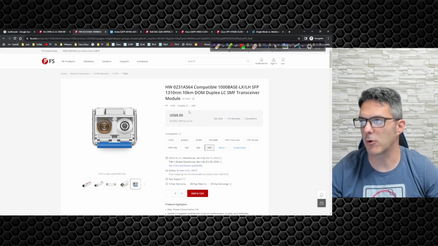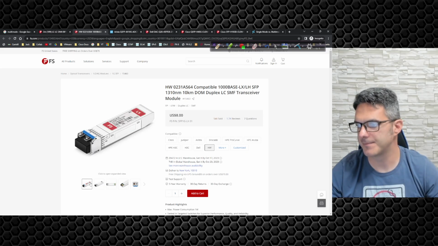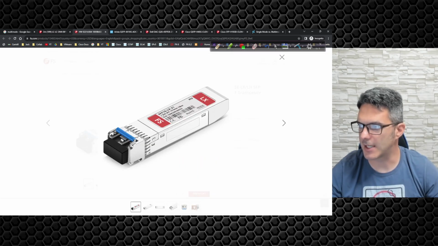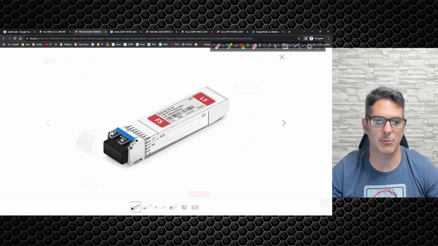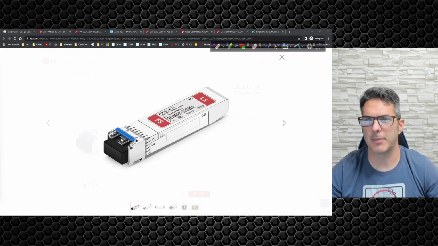SFPs, however, let's close this guy out. SFPs sometimes can be more expensive, but you have to find ones that are compatible with what you've got. This is a 1 gig SFP, 1.25. So what you'd have to do is, if you click right here, you can see it's SFP 1 gig LX. So you just have to find an SFP that's going to be compatible with your hardware. Sometimes it could be a couple hundred dollars, especially for the higher speed ones. They get pretty expensive. So now we've covered that. Let's talk about